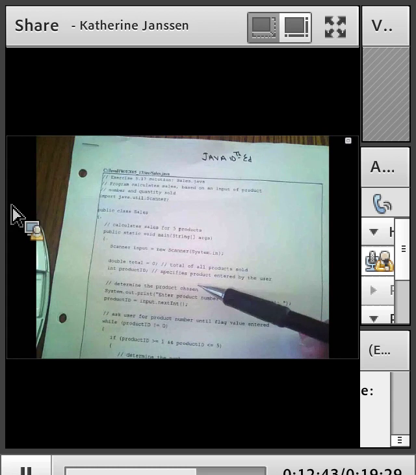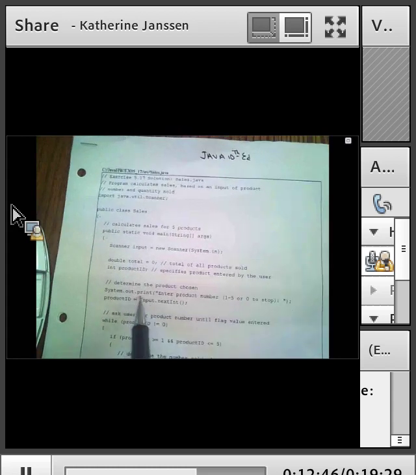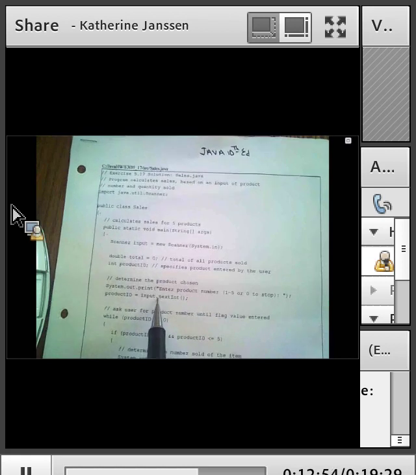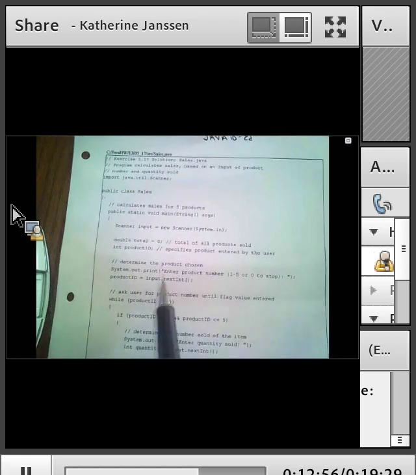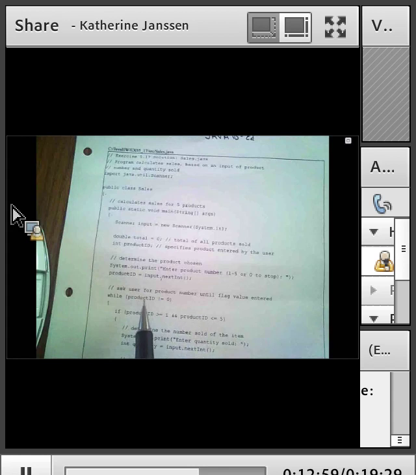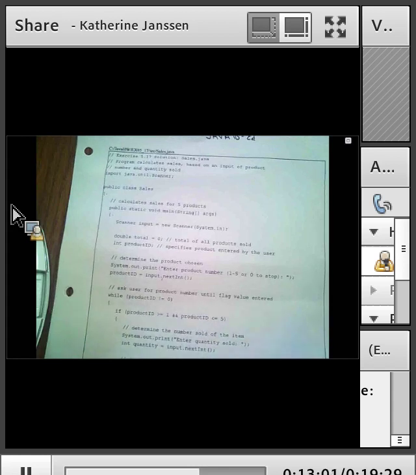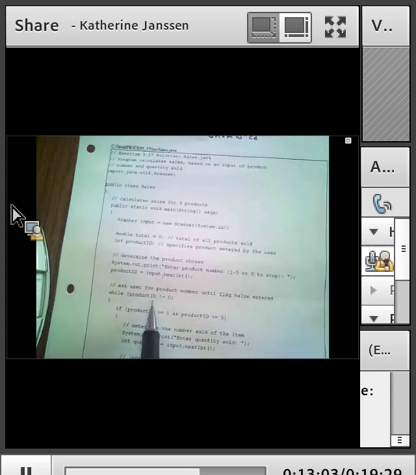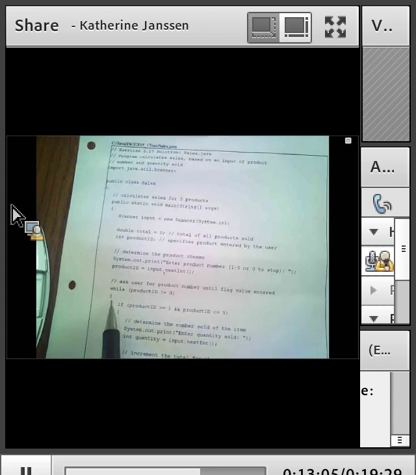Let's see, determine the product chosen. Prompt the user to enter the product number 1 through 5 or 0 to stop. We're going to assign product ID that value entered by the user. While product ID is not equal to 0, we're entering our while statement. We're entering an if where we have many statements within the true path of the if,